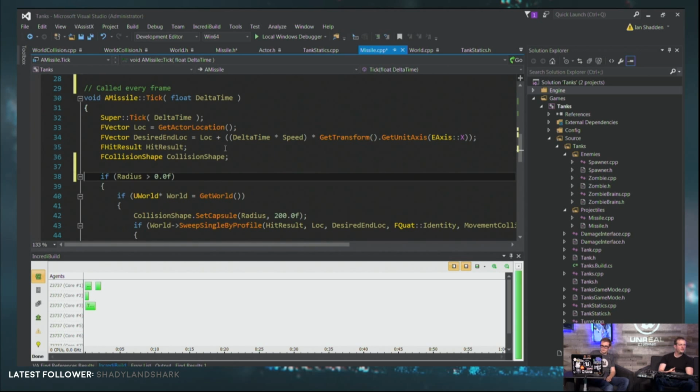So instead of just programming everything yourself, a lot of times what you'll do is like that onExplode function where, when this missile blows up, I know that some artist or designer is probably going to want to do something here, or probably going to want to know that this missile blew up. So I'll put in a blueprint native event, for example, that says, let them have this in blueprint if they want it, and as the default behavior, just destroy the missile because I don't care.